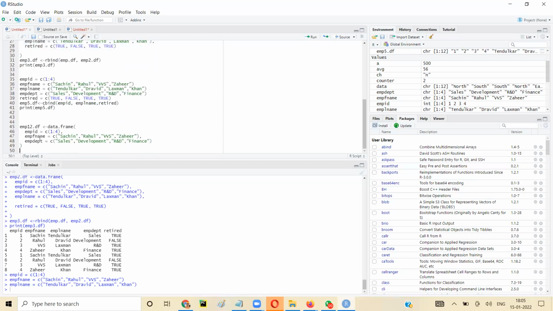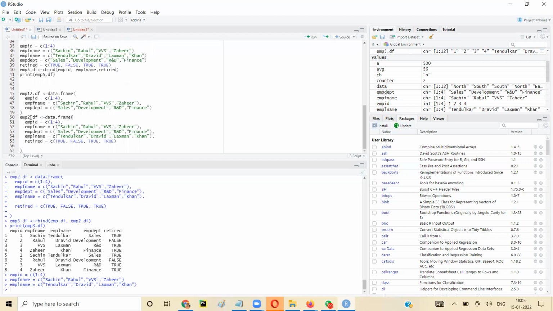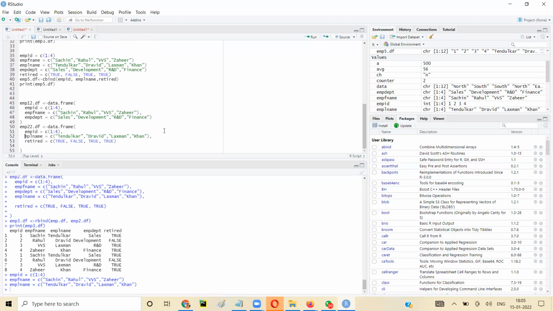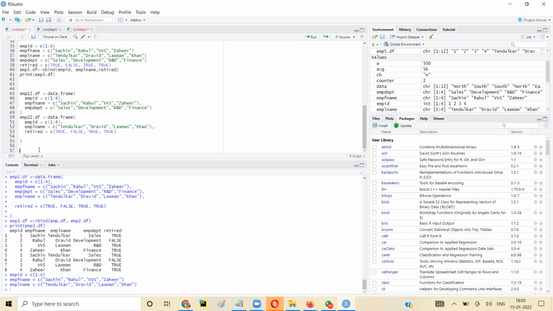So I say EMP22, and EMP ID, I'll keep it 1 to 4. F name and department, I'm going to remove it. So I added EMP L name and retired, right? So I've got these two. Now I want to merge these two on the basis of ID, EMP ID. So I'll say